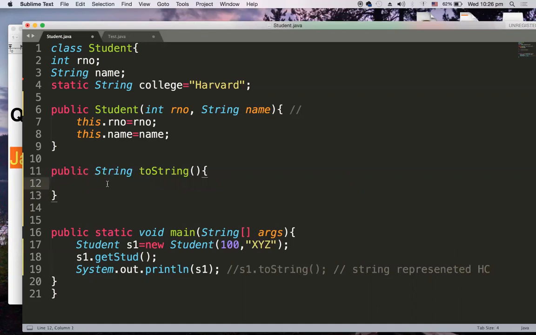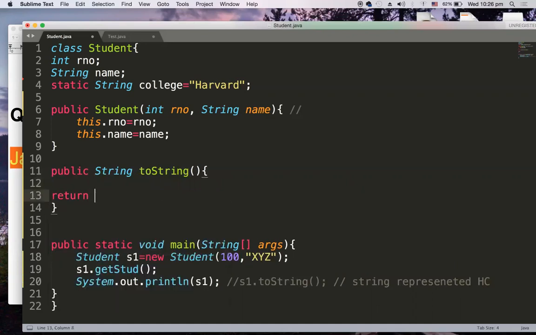So now I am writing return. What will get returned? I want to return roll number plus some space, then name plus some space, plus finally college.